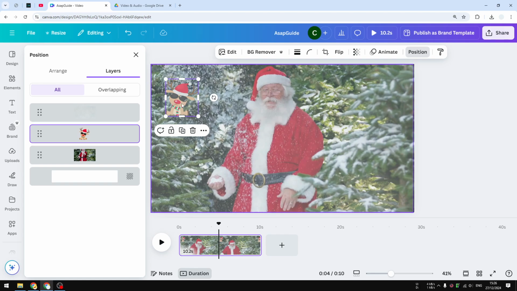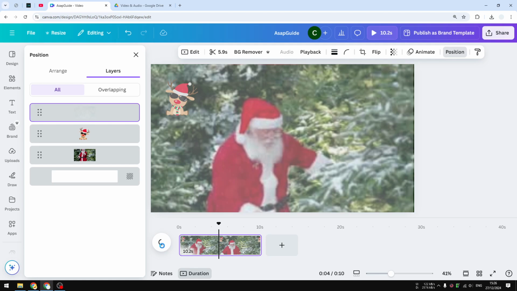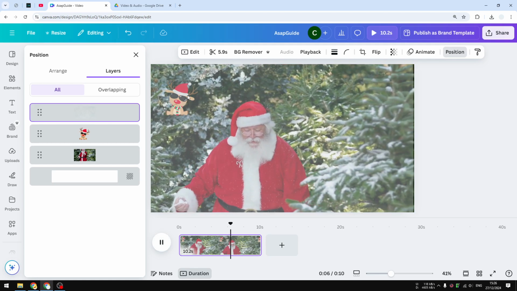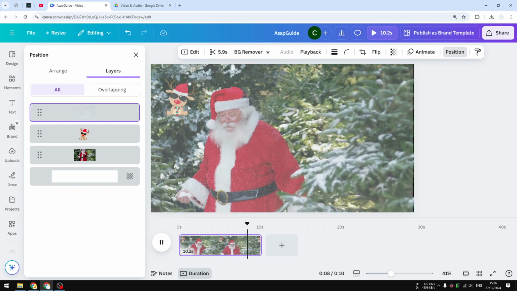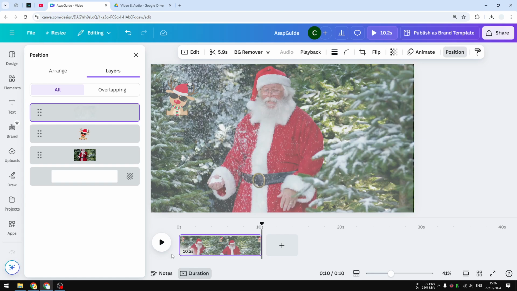Now this figure is behind the snow layer. When you play the video, you can tell that it is kind of being blocked a little bit by the snow, which is the effect that I want to achieve. So that is essentially the basics of layering videos in Canva. Again, this timeline feature is not showing everything, but at least this layers position feature is good enough for creating